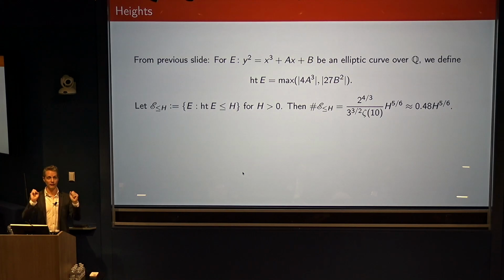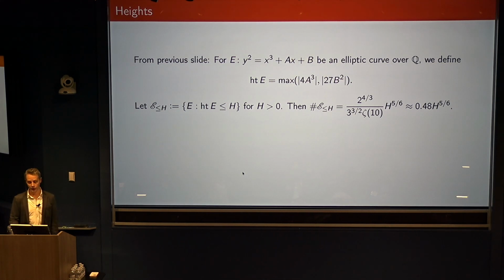So that's the very easy, fast thing I can say about elliptic curves by height, whereas computing them by conductor, I would have a very long conversation to have with you about how many there are and what our predictions are. Okay? Now, the 2 to the 4/3 and 3 to the 3/2 is because I have coefficients 4 and 27. That's not really essential here, but it is the choice that we make for our heights. And the zeta of 10 is because of this condition that I asked that there's no p such that p to the 4th divides a and p to the 6th divides b. So it's like a sieving factor that comes out. So more or less, it's about half times h to the 5/6 number of elliptic curves up to isomorphism